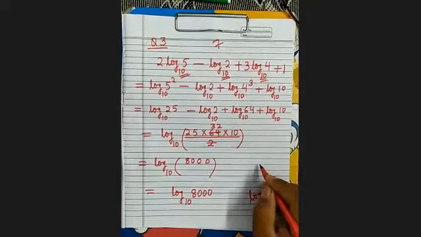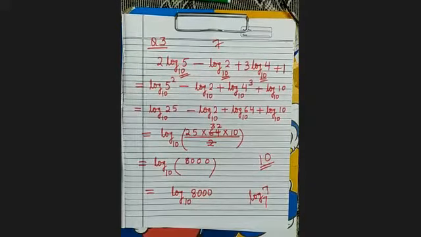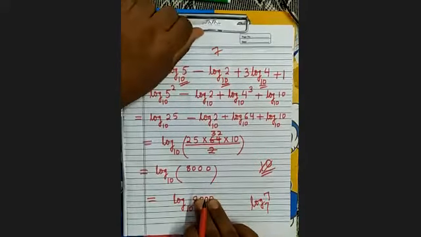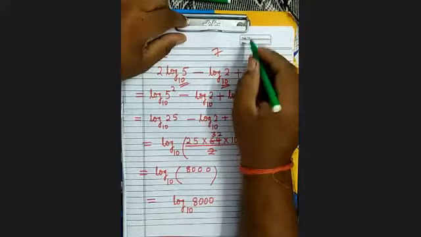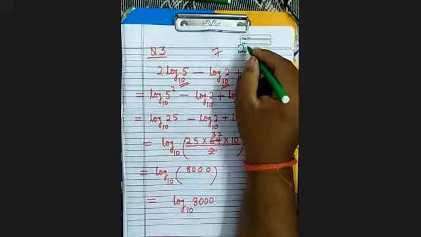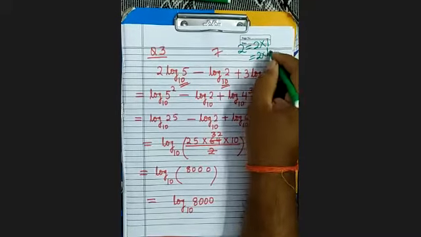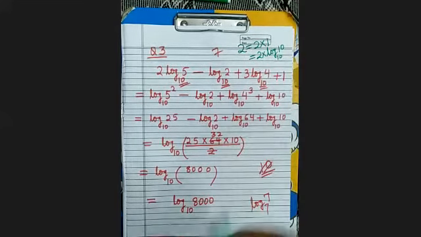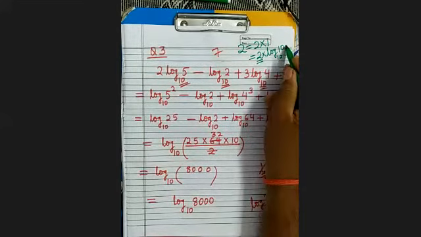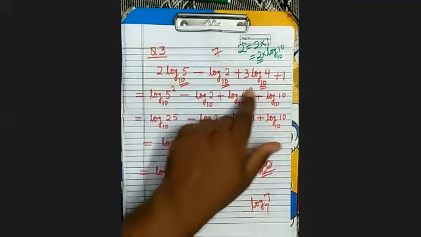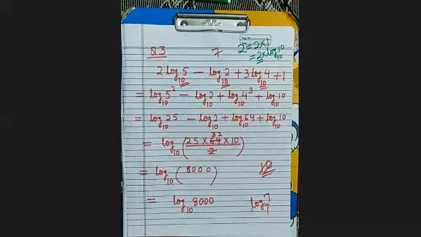Suppose if it is 10, or not 10, you take 2, since 10 is a very big number. Suppose if it is 2, then how will you write it? You can write 2 as 2 into 1 and then 2 into log 10 to the base 10. In the next step, this 2 will go into the power. So it will become log 100. But you see what the base is. Note the base.